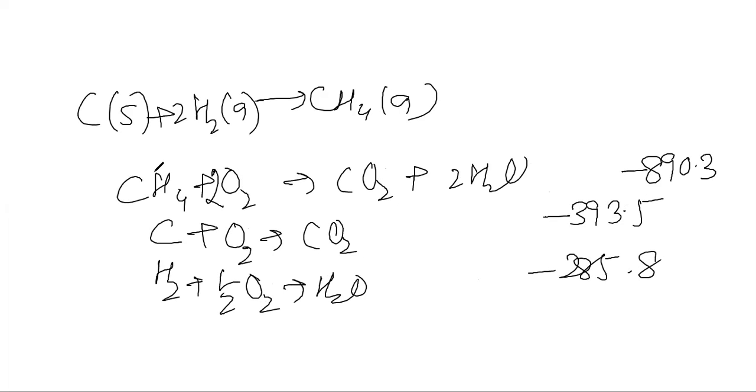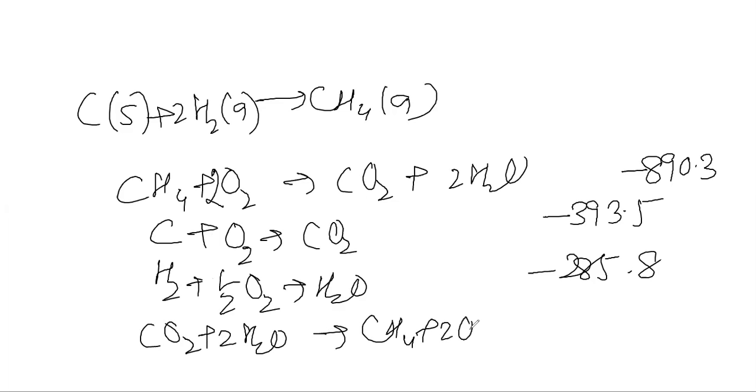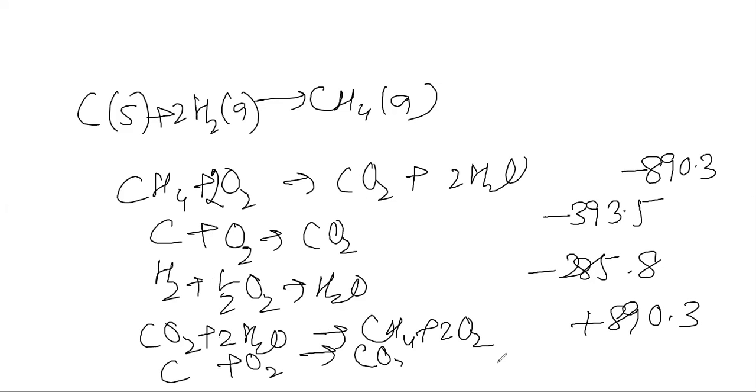Okay. So what will you do? You want methane on the right hand side. So you will reverse this reaction. Carbon dioxide plus 2H2O, you will get CH4 plus 2O2. This question I have also told you in my lecture. So it will be plus 890.3. Here we have C, this will remain as such. CO2, minus 393.5. Hydrogen multiplied by 2, 2H2 plus O2 gives 2H2O, that will be equal to what? If we multiply by a factor of 2, so minus